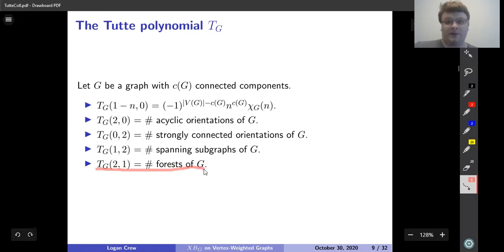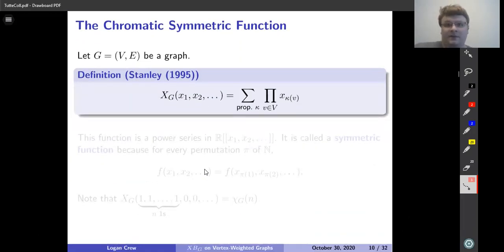and the number of forests, which is the number of sets of edges that don't induce a cycle. These are just some of the many things that the Tutte polynomial does. So in my research with Sophie, I study the chromatic symmetric function and the Tutte symmetric function, which goes a step further than this and looks at a function that's symmetric in a countable number of variables. It may not be obvious why we want to do this, because frankly, I can understand that at a glance that seems utterly bizarre. I will go into that a little bit as we go, but let's start right now